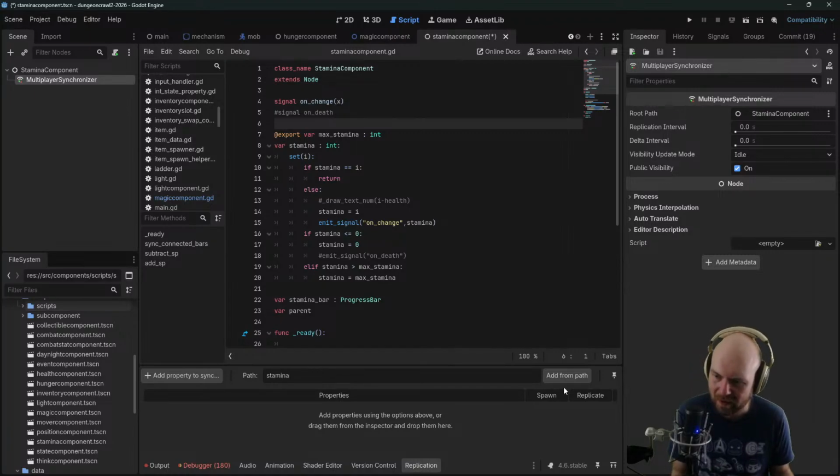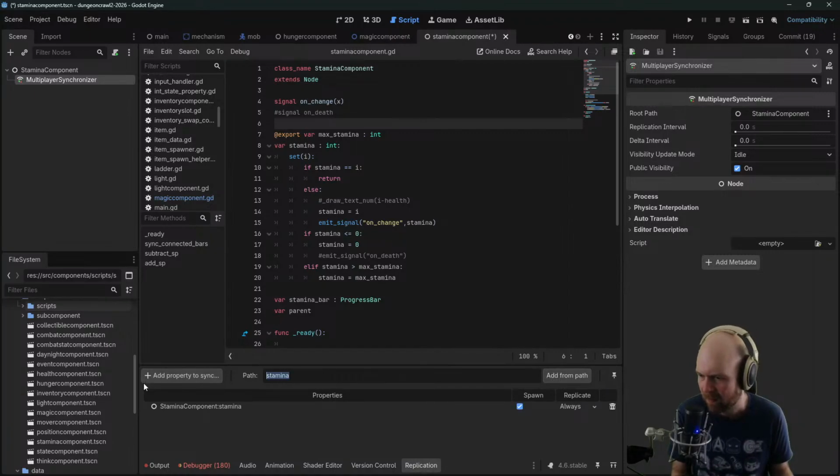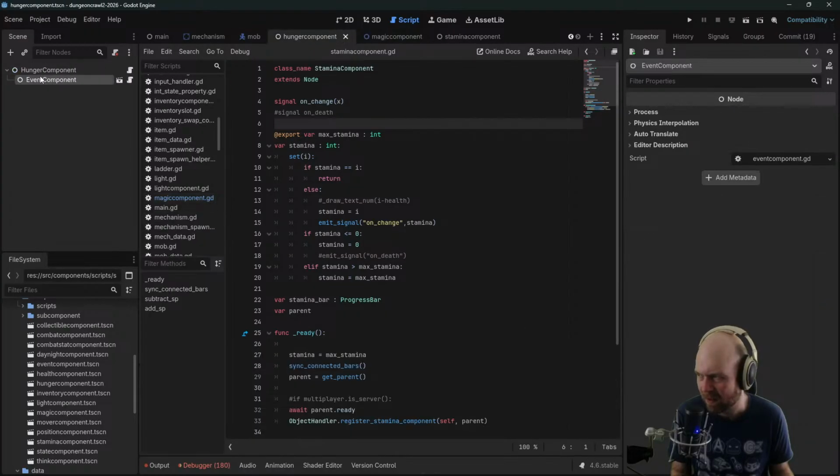Stamina. Max stamina. We don't need spawn, right? Why are these set to always? No, only on change. I'm not sure what the difference is, but